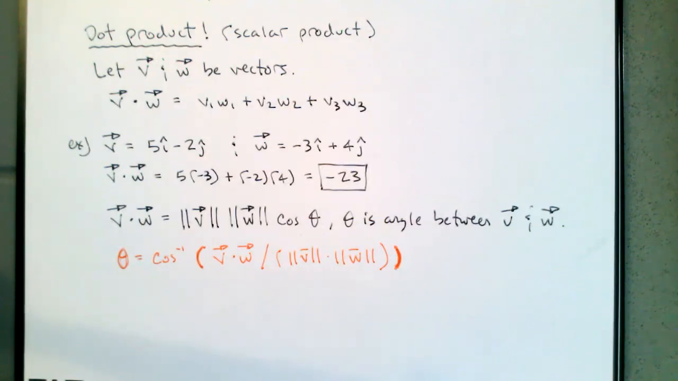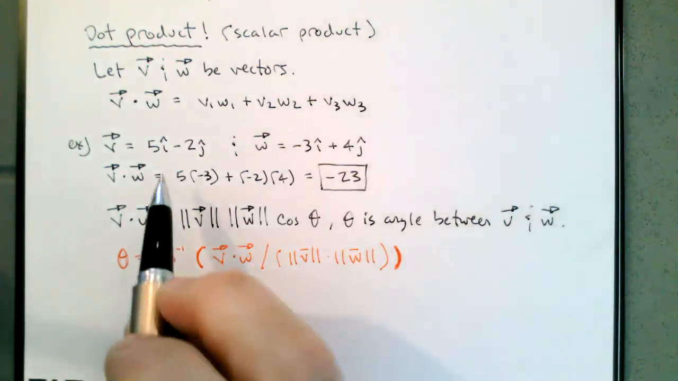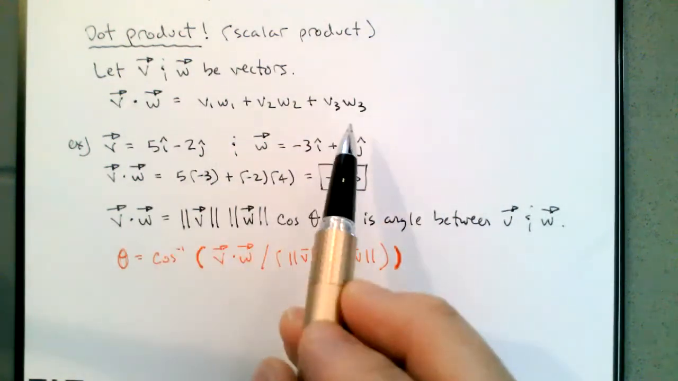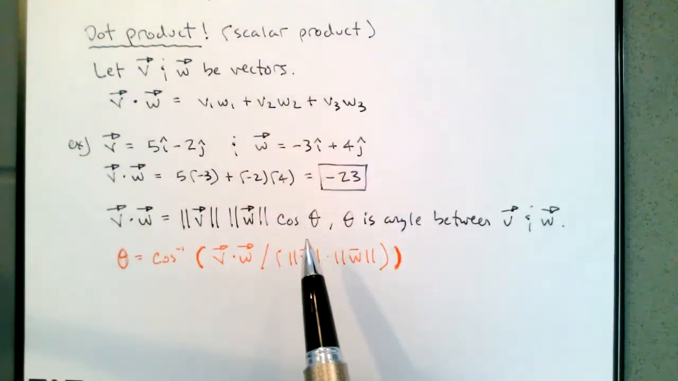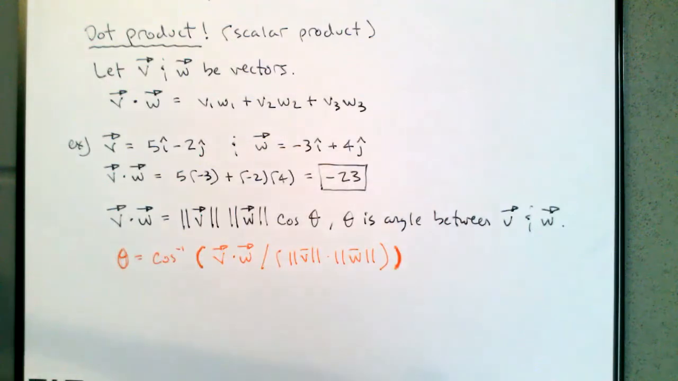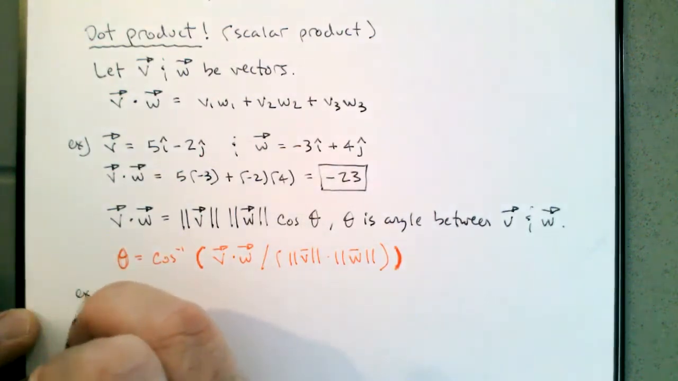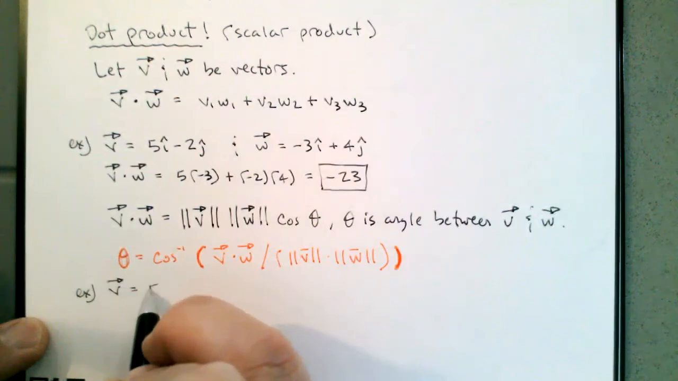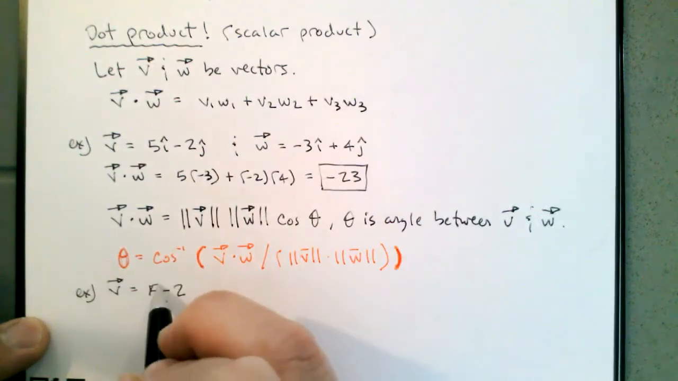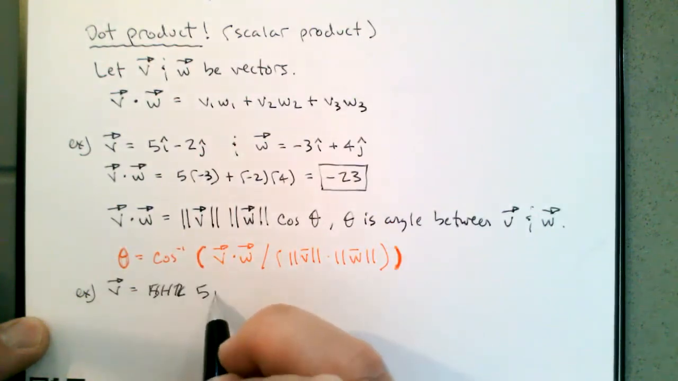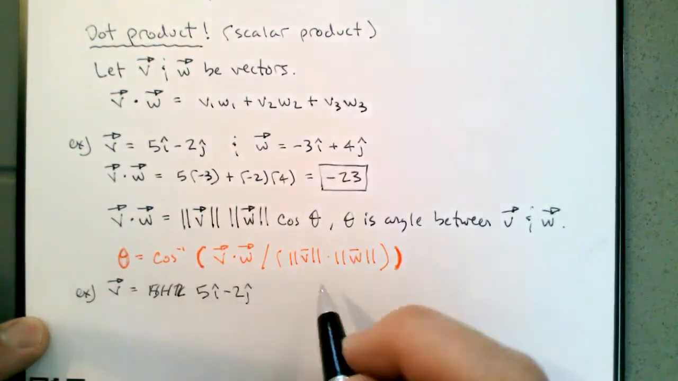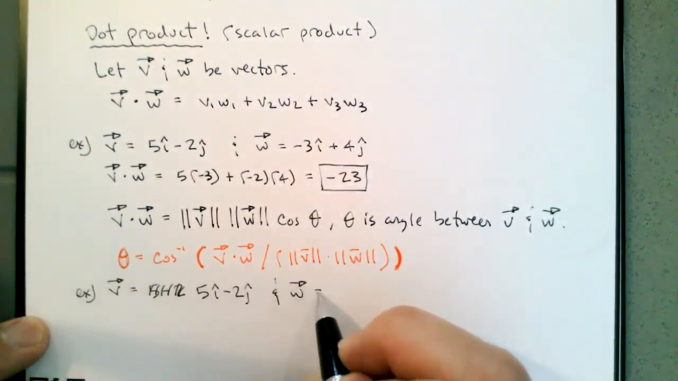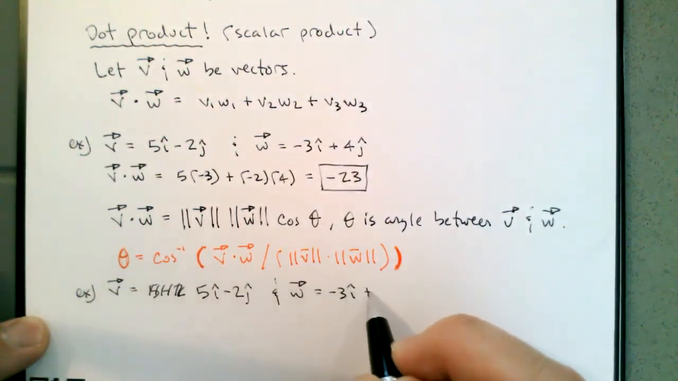So let's take the example that we had before, where we have these two vectors. We have their dot product. We computed it with the algebraic definition. And let's find the angle between the two vectors using this other definition of the dot product. So for example, if v is 5i minus 2j, and w is negative 3i plus 4j,